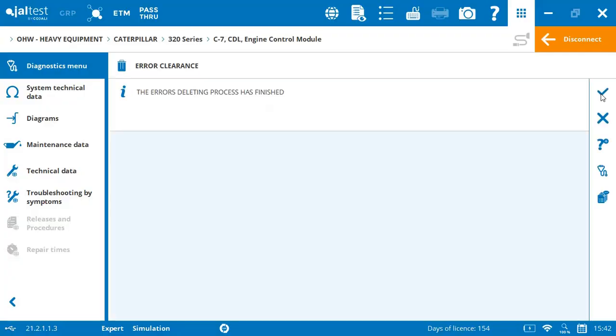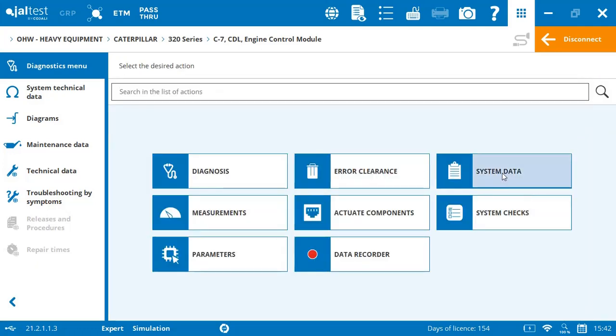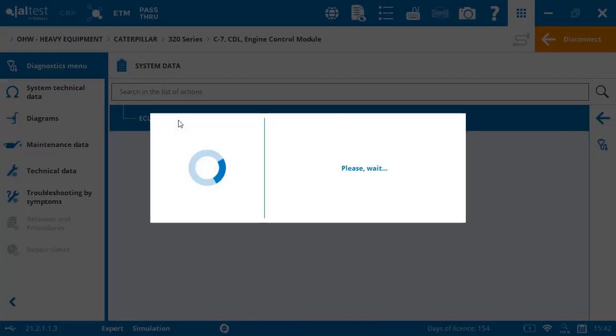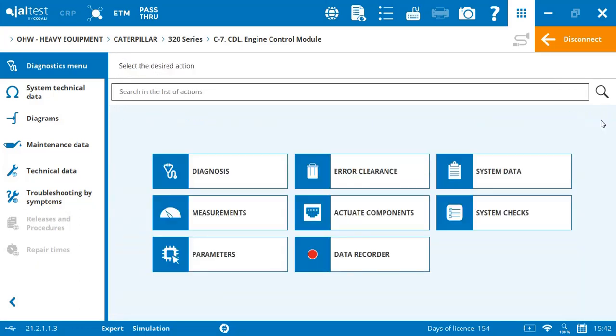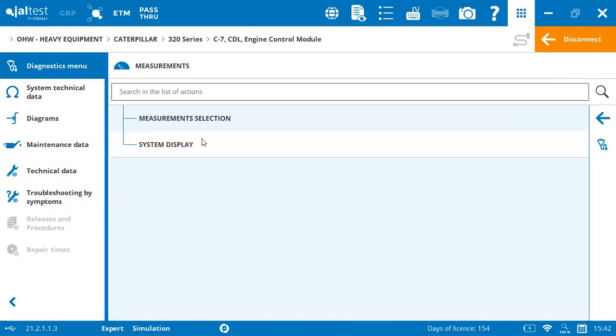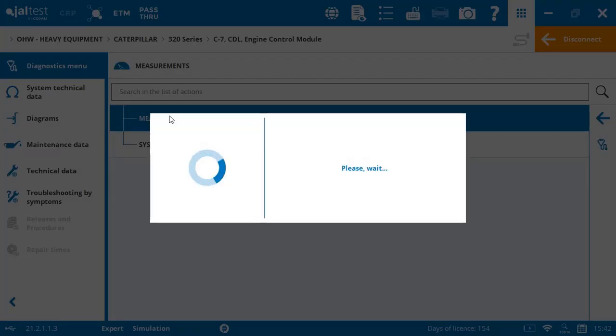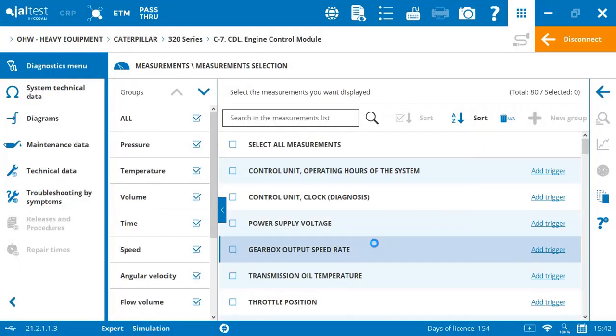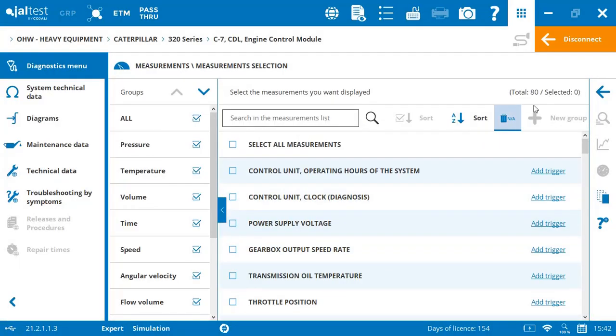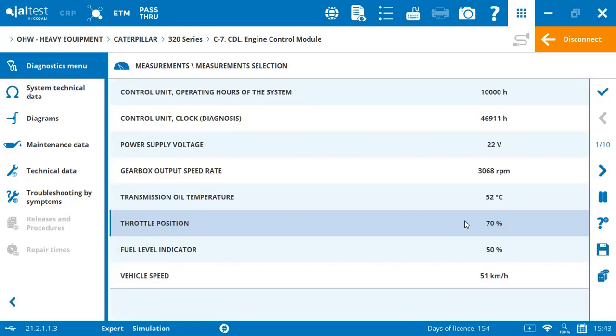Going back to the diagnostic menu now, error clearance: once the trouble has been rectified, you could clear the code out. System data, ECU data gives you information about the serial number and the chassis number and so on. Measurements: in this engine we have a total of 80 different parameters. You can select all and monitor them